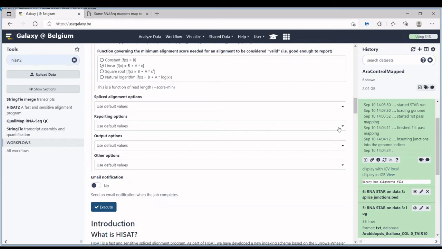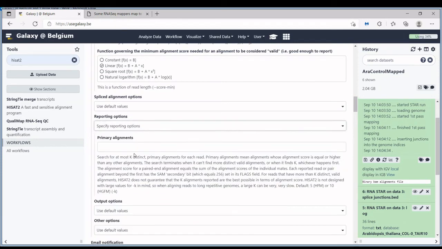Okay, here under reporting options, I also want to show you this part here, the primary alignments. So what is this about? Well, the value for this should be a number, and that number reflects the maximum number of distinct primary alignments that HISAT will search for each read. So what are distinct primary alignments? Well, distinct means that they should all map to different positions in the genome.